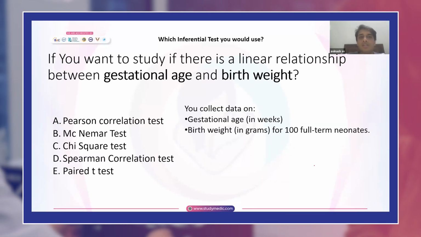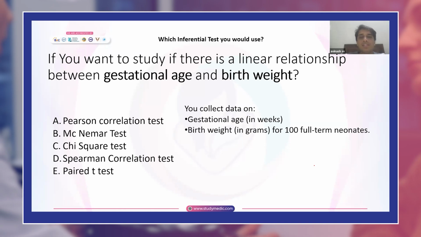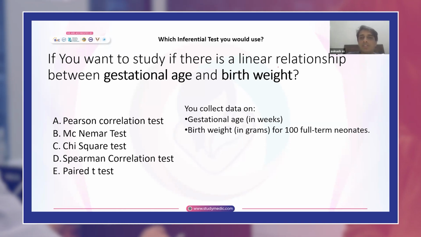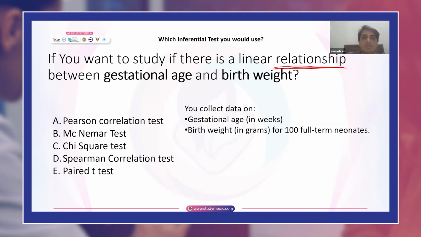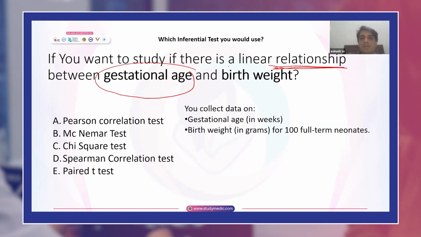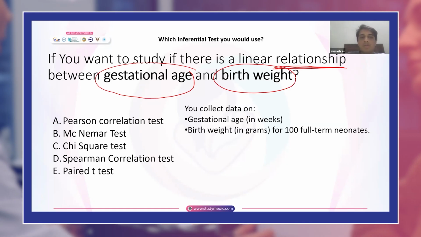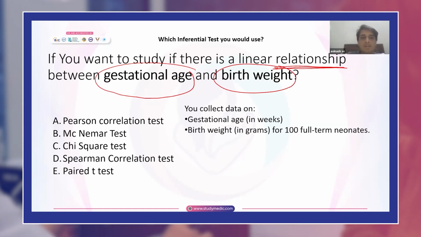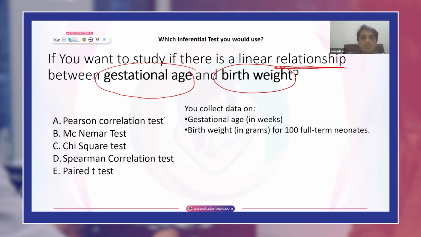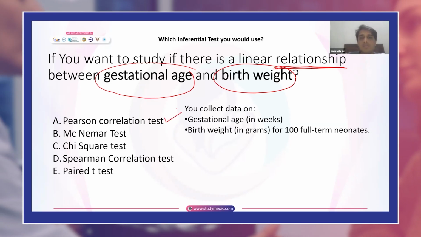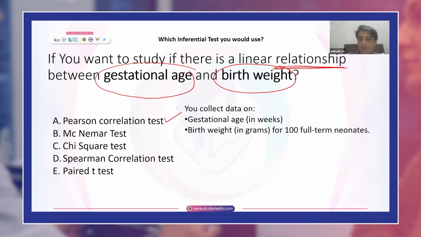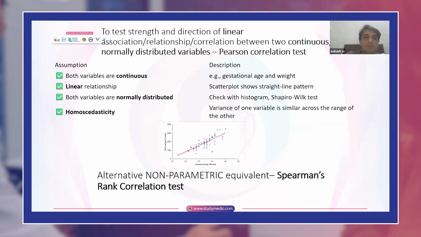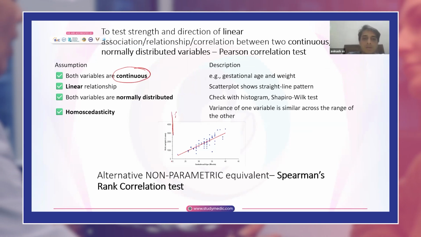Now, if you want to study whether there is a linear relationship between gestational age and birth weight, here you are checking relationship or association, maybe the strength and direction of the association between gestational age, a continuous numerical variable, and birth weight. Both are continuous variables, and if they are normally distributed, what test are you going to use? We are going to use what is called the Pearson correlation test. So here we collect the gestational age and birth weight for around 100. You can see both these variables, birth weight as well as gestational age, are continuous. And when we are plotting them, you can see